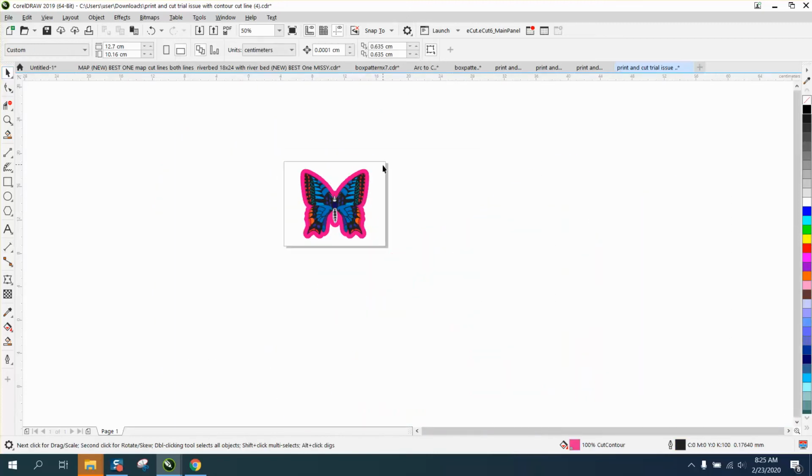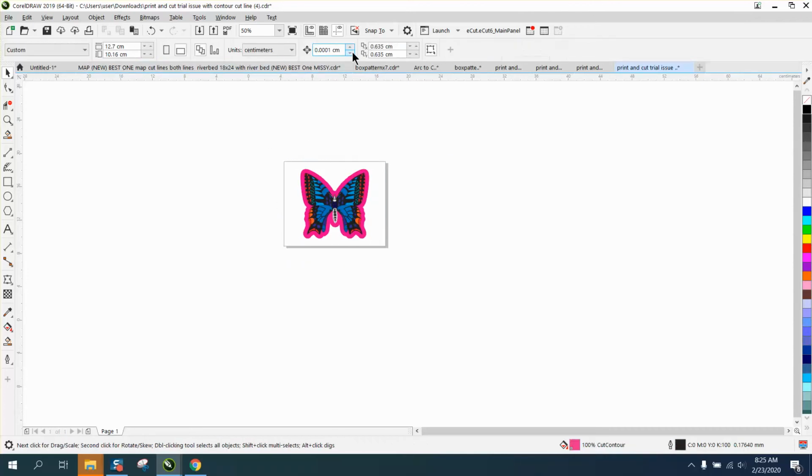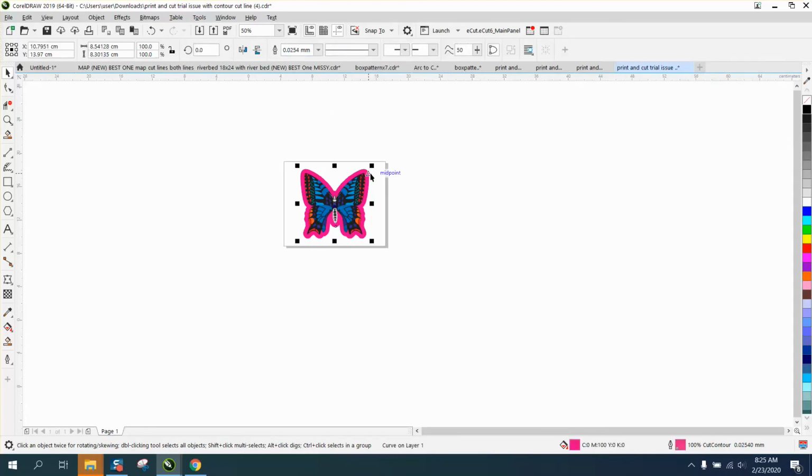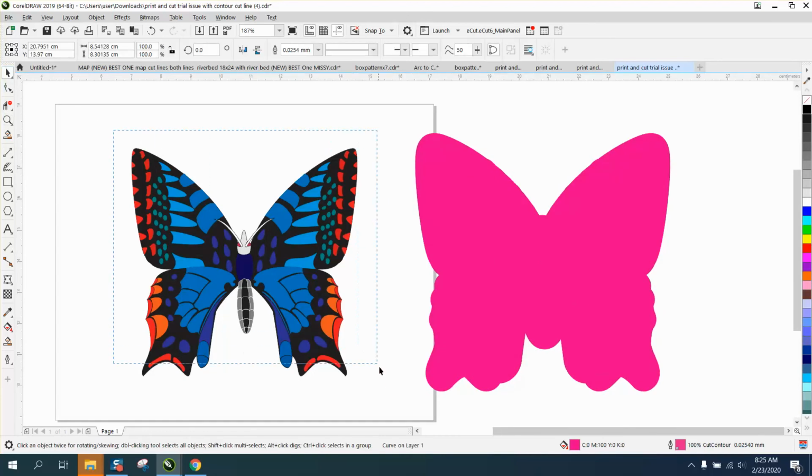I know nothing about that. I'm going to change my nudge factor. So this whole thing is like 8.5, so I'm going to change my nudge factor to 10. And I'm going to take that and nudge it apart. So I don't know if she wants to just contour this, but you could contour this and go up to